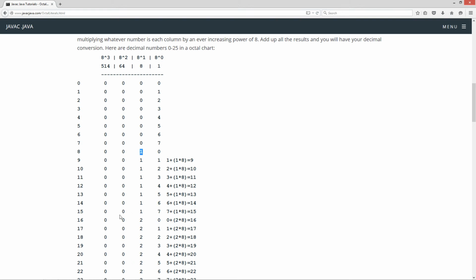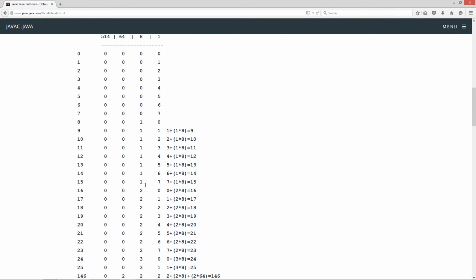You can never have an 8 in any of these numbers down here. So to represent 8 as the decimal 8, or convert it, you put a 1 over in this column. So you have 0 times 1 is 0, plus 1 times 8 is 8. To represent the number 9, you have 1 times 1, which is 1, plus 1 times 8, which equals 9. Right? You can see this pattern going throughout here all the way down till we hit 16, and then basically